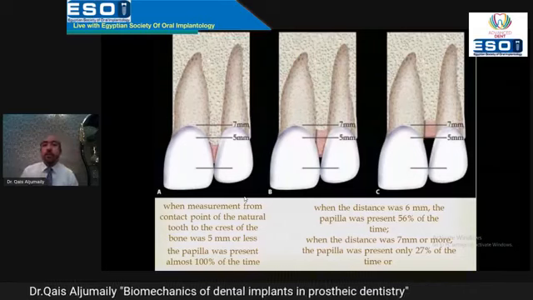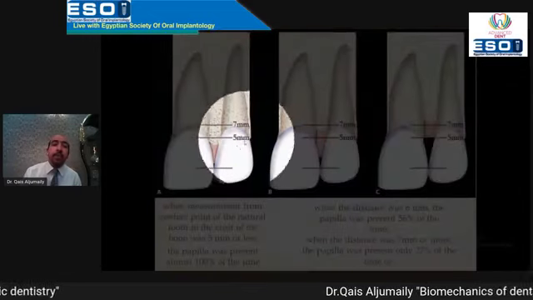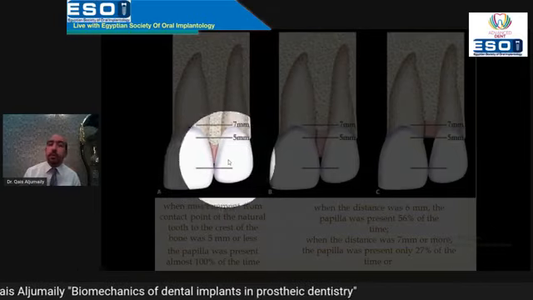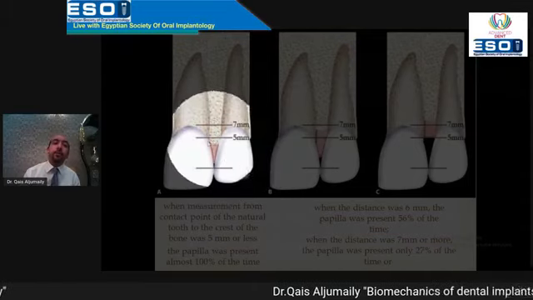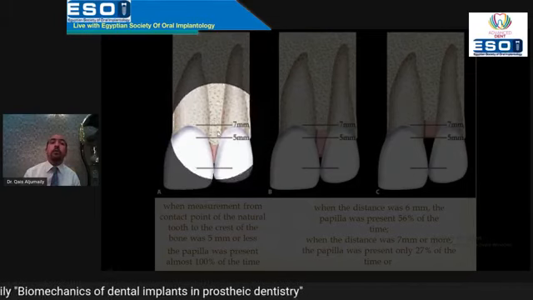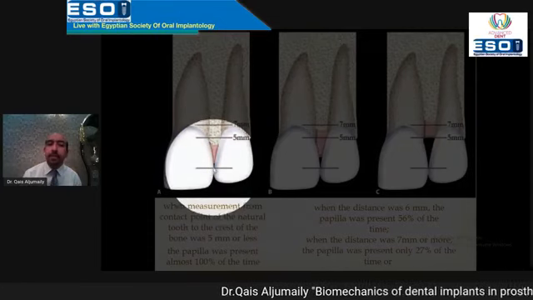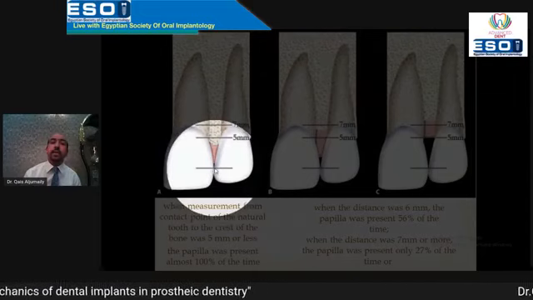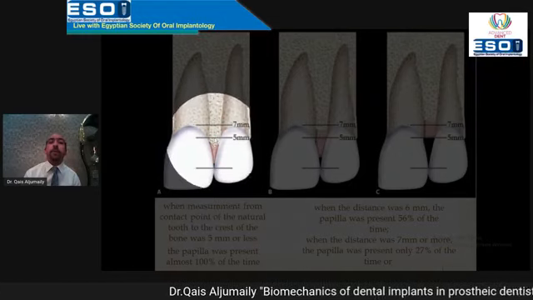And also there is a trick, or let me say, a rule. This rule is regarding the crest of the dental implant. If we want the space between adjacent teeth, or adjacent implants, or an implant adjacent to a natural tooth, to be filled with the interdental papillae or inter-implant papillae, we have to follow the crestal bone and know where to put the contact area. This principle says if the distance between the contact area of two adjacent crowns and the crest of the bone is about 5 millimeters,